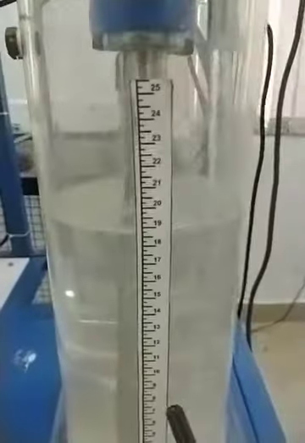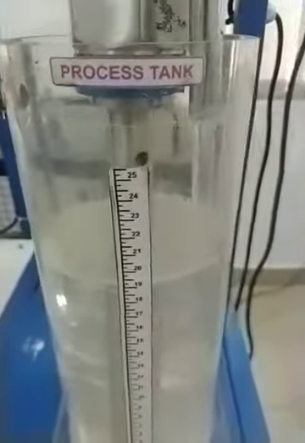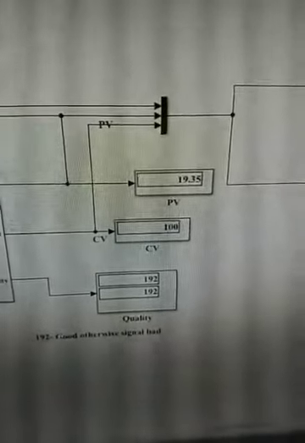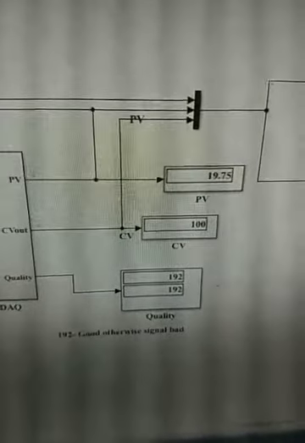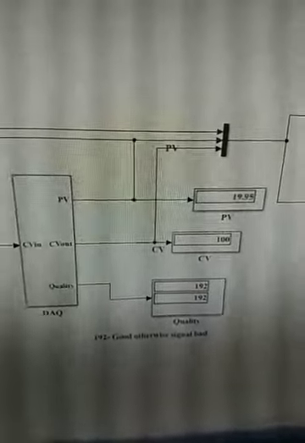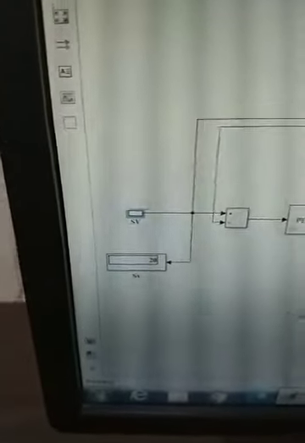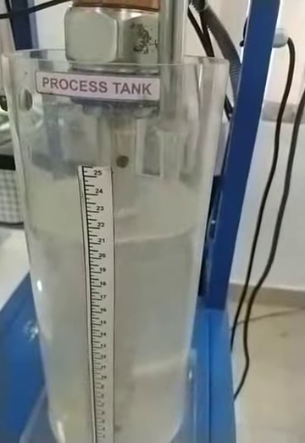And the set point, which was kept at 20, has now, you see, it's rising up and up and up, and it's already 19, and in a minute or so it will reach 20. The same can be seen over here in this point also, that you can see the process value is 19, it's increasing 19.2, 19.3, 19.4, and it's increasing very quickly to reach the set point of 20, right? It may overshoot a little, and so the set value was 20 and the output is also 20. It has nearly stabilized at 20, and you can see physically also it is at 20 over here.